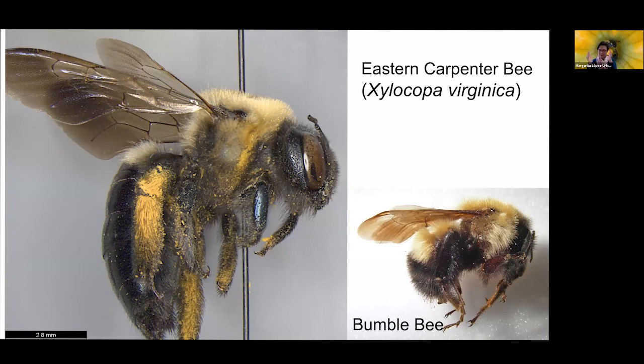So bumblebees, you don't see these in this photo, but bumblebees have a very elongated face instead of a round face like carpenter bees. And if we look at the distribution of the hairs in the body, we see that bumblebees have a very hairy abdomen. And they don't have a lot of hairs on the legs, which is the opposite pattern that we see in carpenter bees. Carpenter bees have a bare abdomen and really hairy legs. So these are just some of the tips that you can use if you see a big bee flying outside. This can help you determine which type of bee it is.